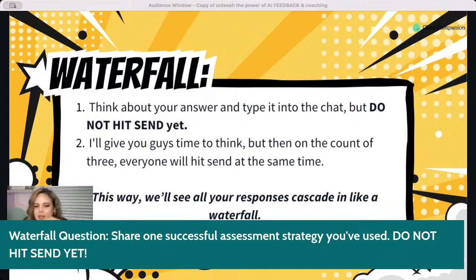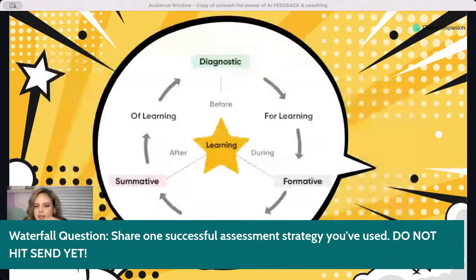Sticky note. Yeah, sticky note's a great one. Self-assessments. I love all of these amazing assessments that work, and they do. They work. We have to find the things that work for us, right? But most importantly, and this is kind of going to be a review for some of you, we need to know what it is we need from our assessments so we can build a system of assessment